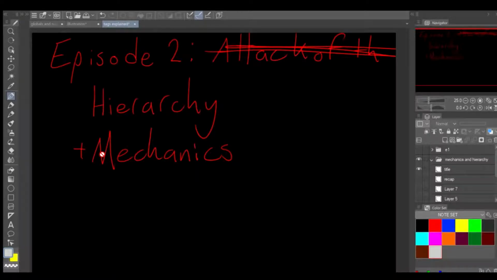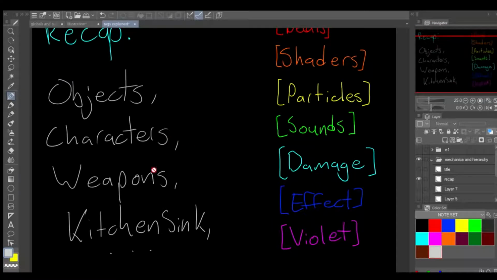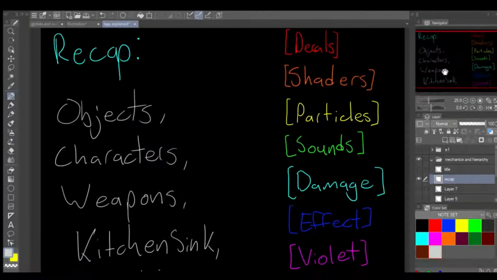All right. So this is part two, hierarchy and mechanics. And in this one, I'm pretty much just going to cover a little bit more about a quick recap of structure and how it works, and a little bit of an example. So let's get started. To recap, objects, characters, weapons, all those kinds of things, kitchen sink, they all have